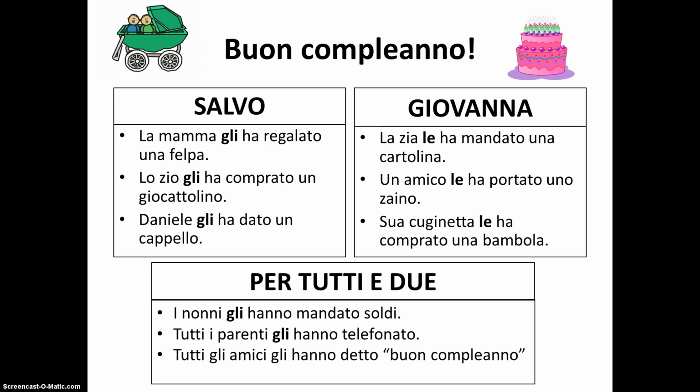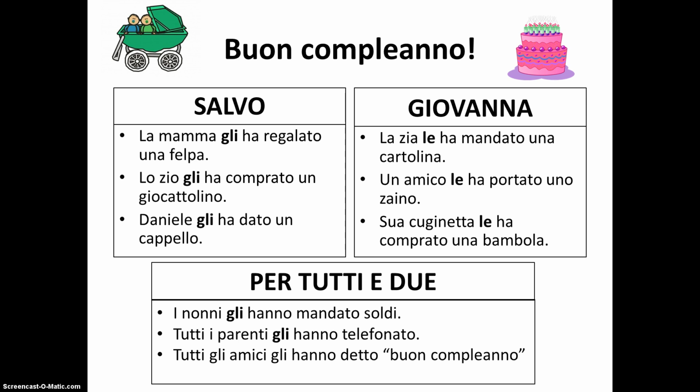Notice that the indirect object pronoun replacing Salvo is gli, as he is a male. The indirect object pronoun replacing Giovanna is lei, as she is a female. When the indirect object pronoun replaces Salvo and Giovanna both, gli is used. Notice that the masculine singular indirect object pronoun and the plural indirect object pronoun are identical. They are both gli. The plural form gli is invariable and is used even when referring to a group of